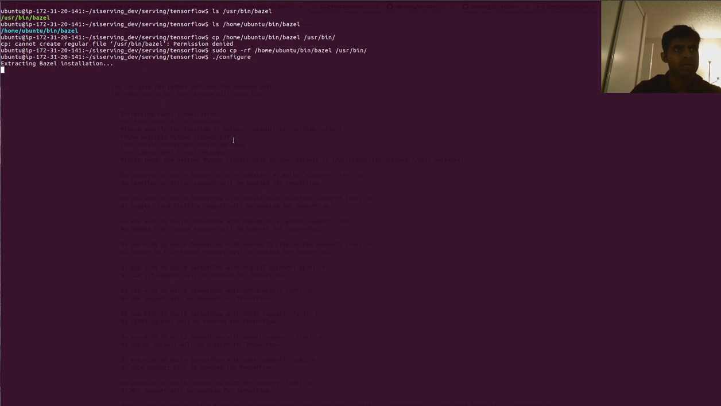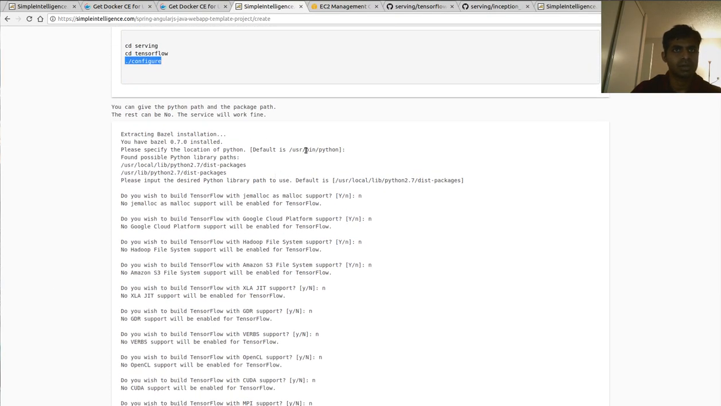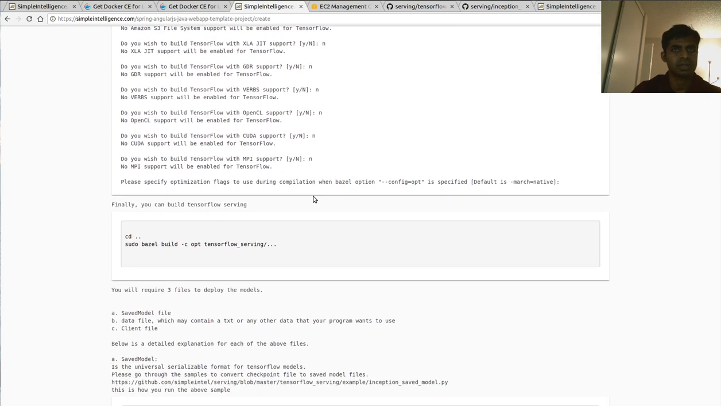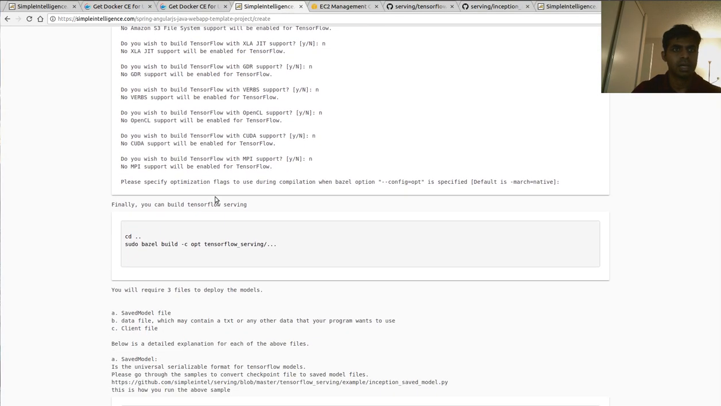Great. Now it's extracting. Let's see whether it works. Once that is done, you have to set the default Python path and the Python libraries. The rest, as I already said, you can give as no, unless you're using a GPU. So let's just reach there, and after that, it would be a long process because I'm about to compile TensorFlow